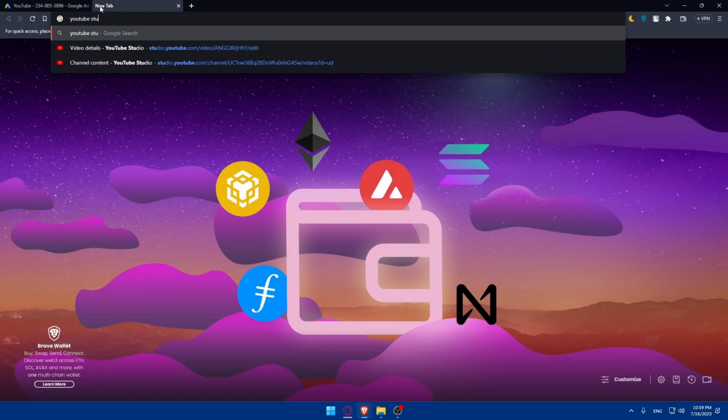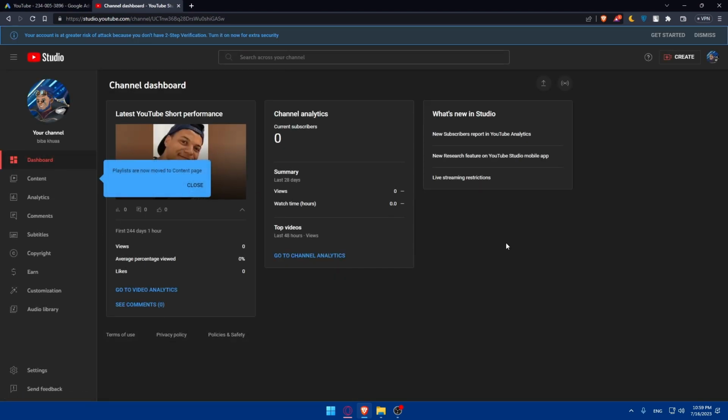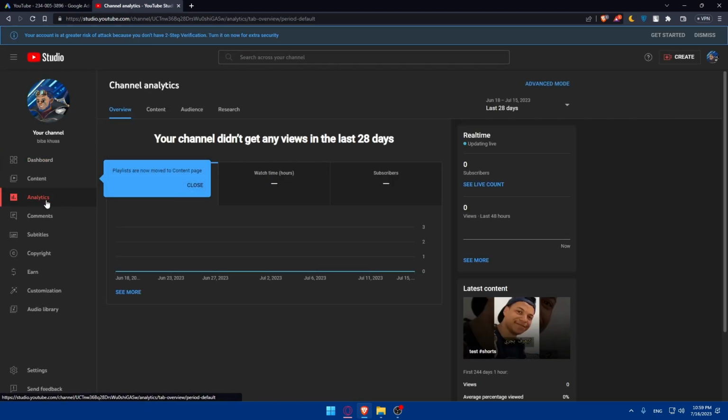Of course, you can do all of that on YouTube Studio if you don't know. You can go to YouTube Studio as an example. And as you can see from here, you'll be able to see everything from the analytics here. So you'll be able to see everything and don't worry about that. This YouTube Studio analytics will do kind of everything for you. So, of course, the information that you will find here will help you create more relevant ads and reach the